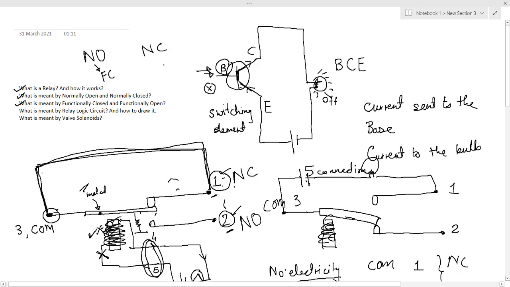Circuit closed means electricity is flowing. And when a force is acting on that switch, NC becomes FO, functionally open. Current stops flowing. Okay? And then I explained to you how to draw a relay logic circuit. We will look into these relay logic circuits in detail in a few minutes, but that is how they look. Up there is plus 24 volts, down there is ground, and all the elements that have to be connected are connected like this in between. I will explain each and everything to you in a few minutes.